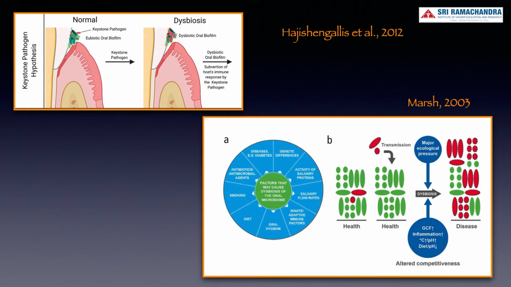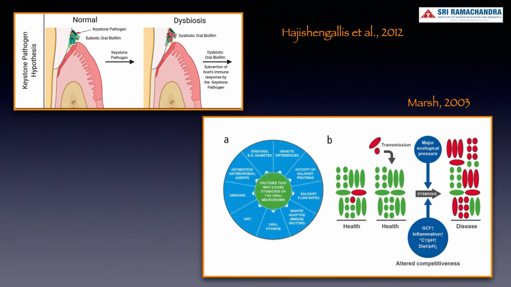For example, a model for dysbiosis illustrates that in health, a majority of the bacteria have a symbiotic relationship with the host. In simple terms, these microorganisms are shown in green. Sometimes potentially carcinogenic bacteria can be detected in healthy sites, and these are represented in red with dotted outlines. And again, the levels of these potentially carcinogenic bacteria are so low that they are not clinically relevant. They might be acquired either vertically or horizontally in transmission, but again, their levels would be extremely low relative to the bacteria associated with health.